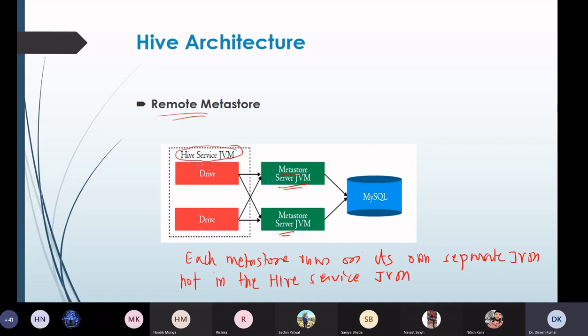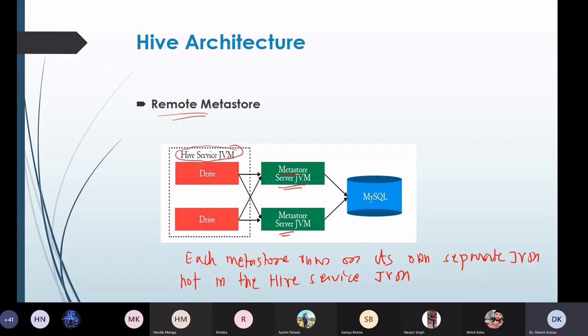We can also have one or more Metastore servers available in the network. Remote here means we can have local as well as remote, where we install the Metastore on separate machines in the network, so that we can provide more availability.